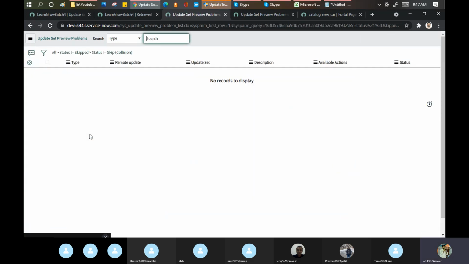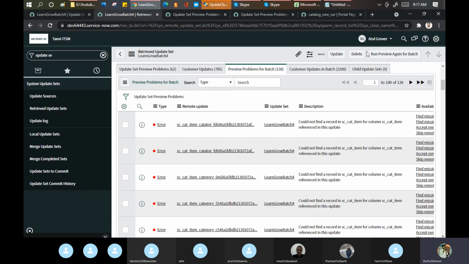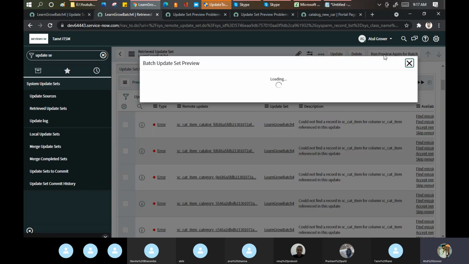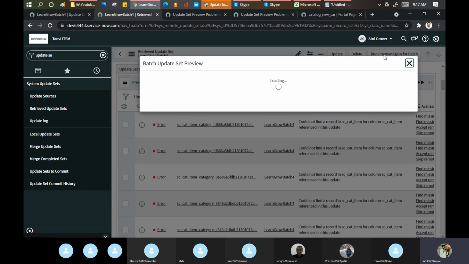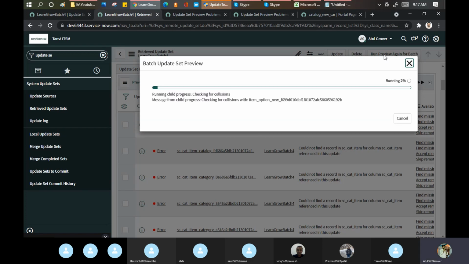Skip collision means suppose there is a field available in the Tanvi instance. In the incident table, there is a field called description. It is a text type. I make some changes in my instance and put some more validations on top of that, which conflict in the Tanvi instance now. That is called a collision.